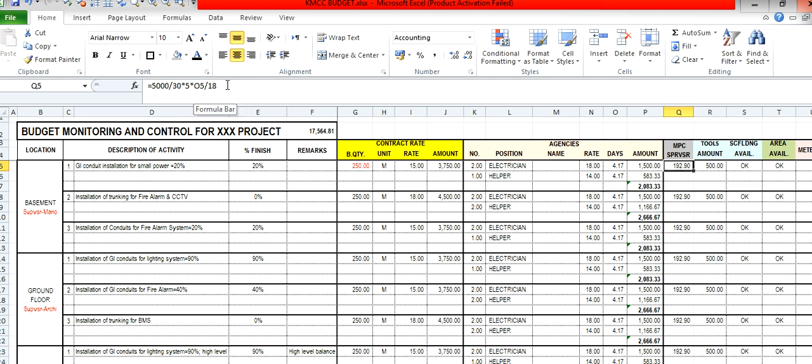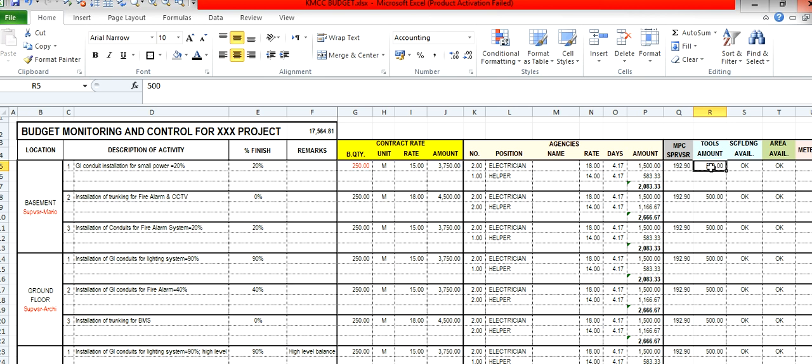So divide by 18, because 18 activities are there, it comes to only 192. So in this activity, we consume only 192 for the supervisor. Why? Because he is managing many activities in the site. If we put one supervisor in the basement and one supervisor in the ground floor,